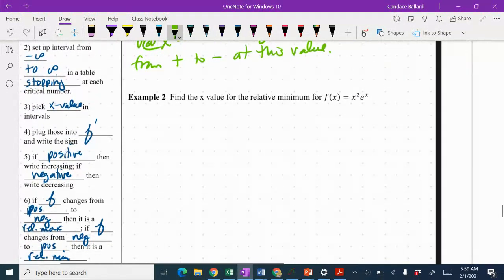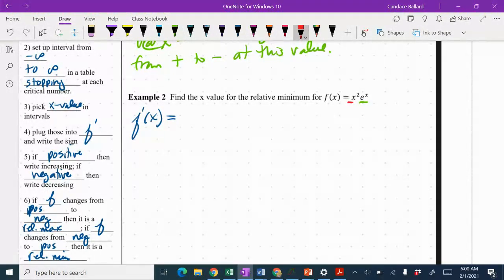All right, let's look at example 2. So we've got a slightly different function. I know the first thing I'm going to have to do is take a derivative, and they nicely snuck in a little product rule for us. Wasn't that nice? So we're going to take our derivative, f prime of x equals,